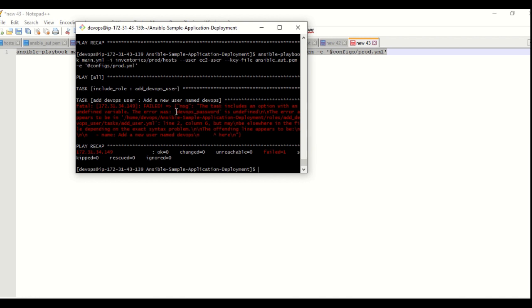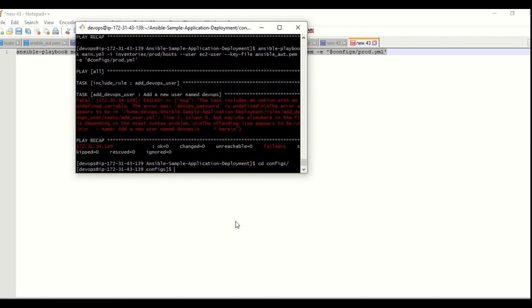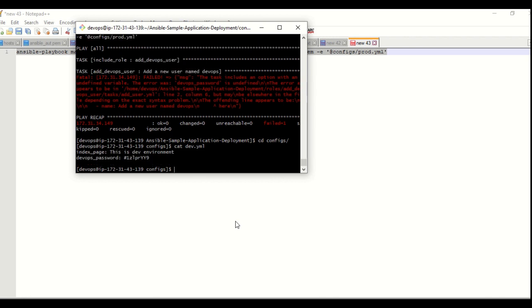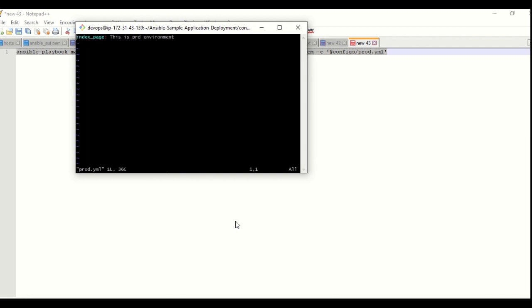Okay, so this was failing because the devops password is not there. Actually, I was doing the testing only on this config file. So here, if you see dev.yaml, it has the devops password, and in prod we need to enter this devops password so that this will work.